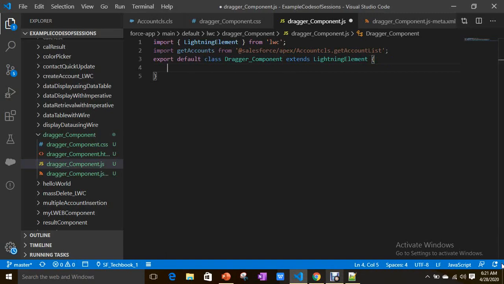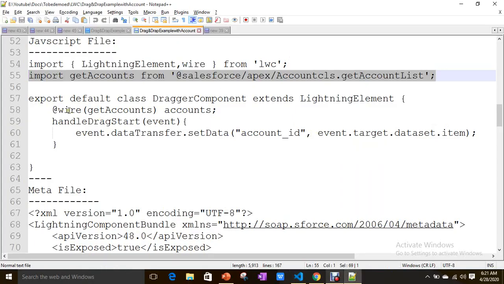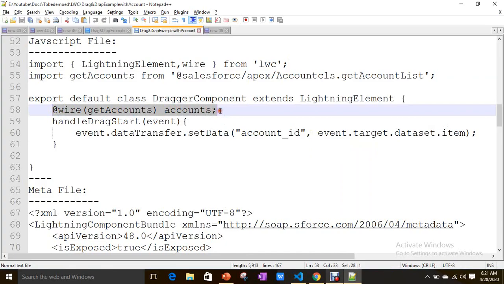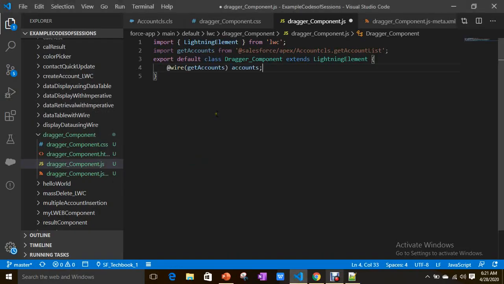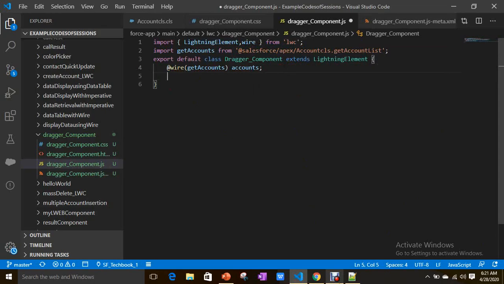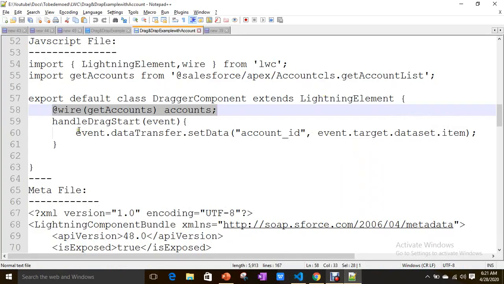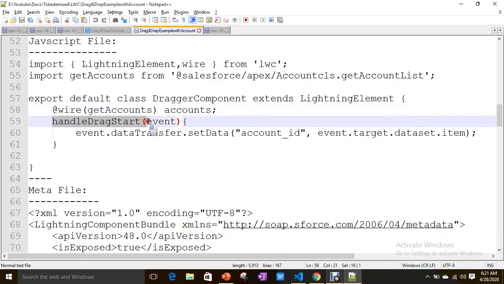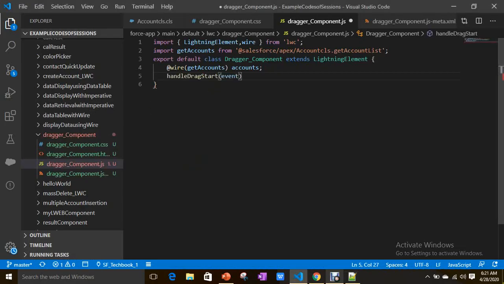After that, I'm going to wire this method by using the wire decorator. To use wire, you have to import the wire decorator before you use it. That's the meaning of it. Now I'm going to define a handler or action here.